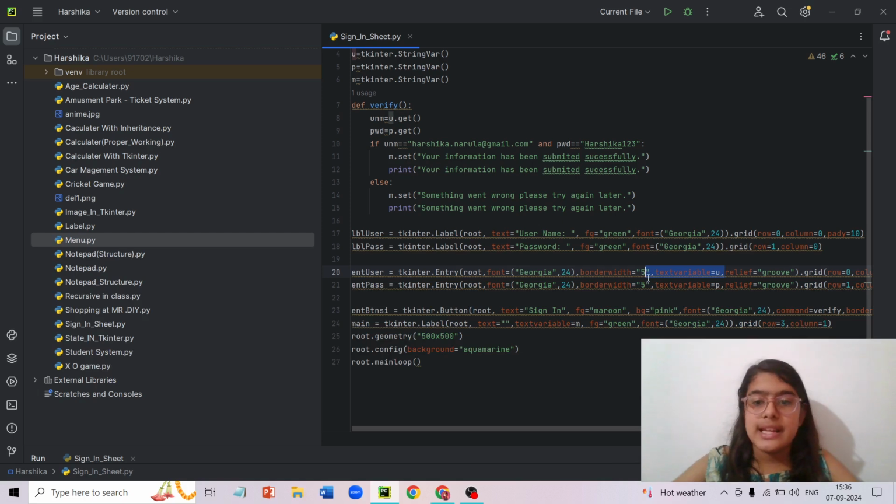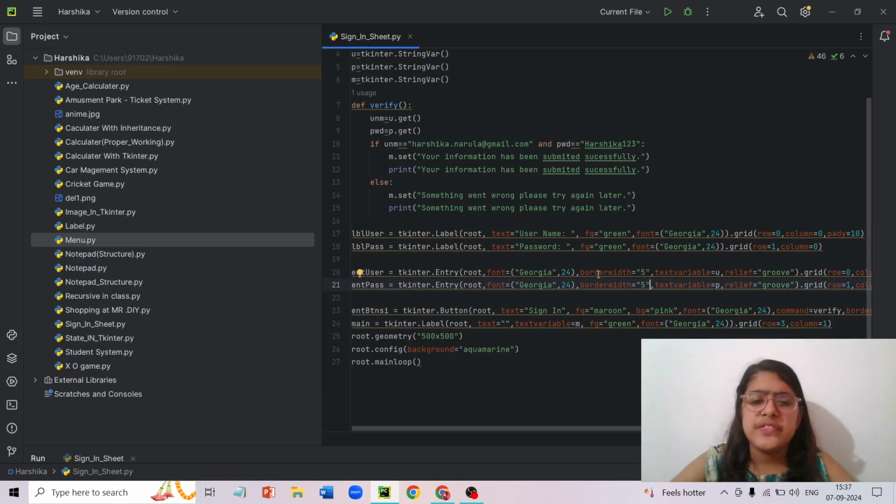Now here you can see in username I've defined u as a text variable, and I've defined text variable p in password. Now initially I had accidentally reversed them, like I had given p to username and u to password. But after working with it 2-3 times I understood it and changed it. So keep a lookout for such kinds of confusions.